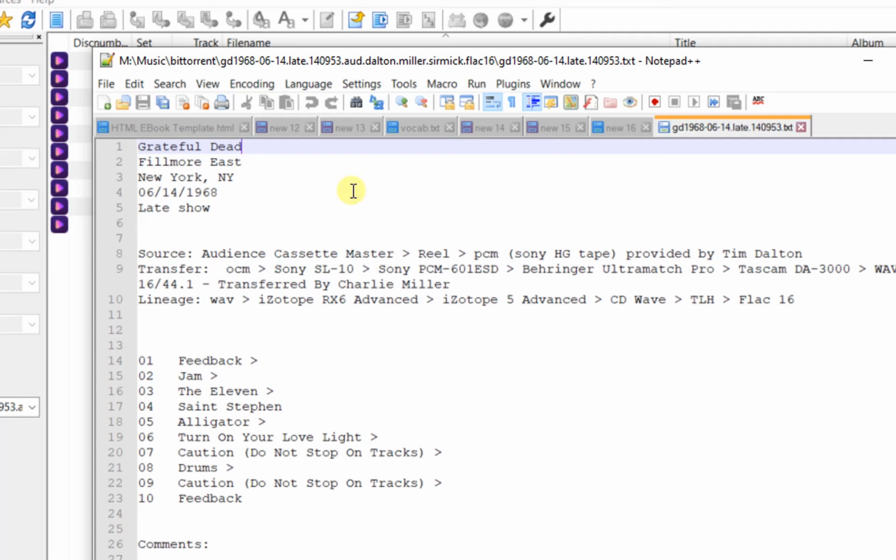So the first thing I'm going to do here is take this kind of header area and create one line of text that I will explain. So what I'm going to do here is put a pound sign here, and then this will become the artist name that the tag will use, and then a delimiter, which is this pound sign, and then I have a method of tagging my files where I like to use the date first, so it'll be